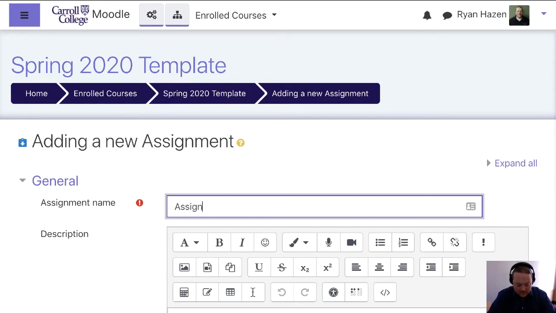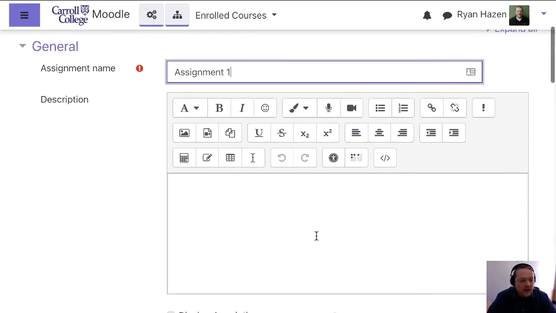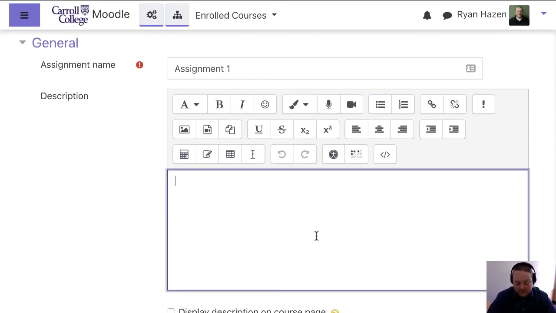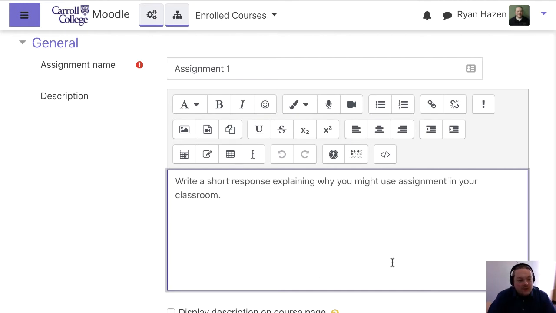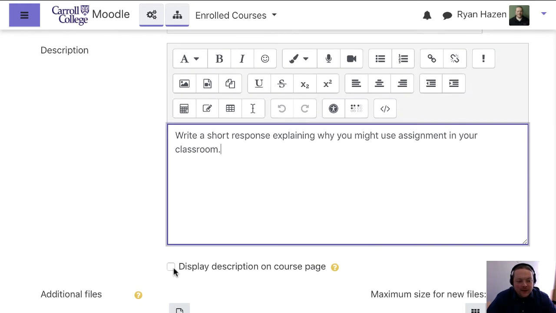Name the assignment. And then the description is the prompt for the assignment itself. So once you've typed the description in there, that will give the students the prompt that they need to submit to your assignment. If you want to display that on the course page, you can check this checkbox right here and it will display the assignment description on the course page so that the students will see the assignment right